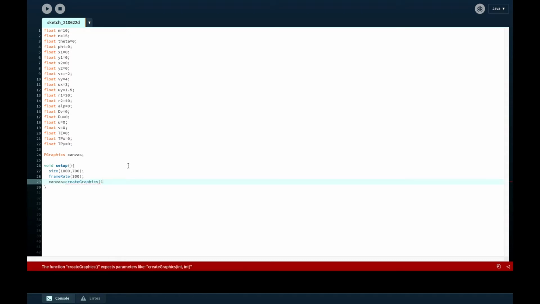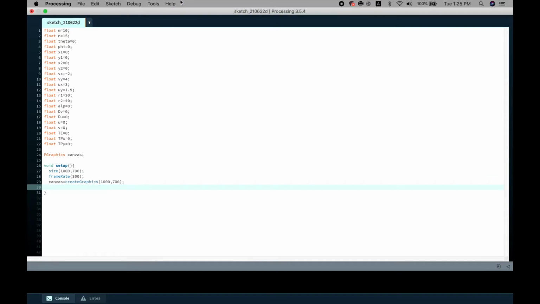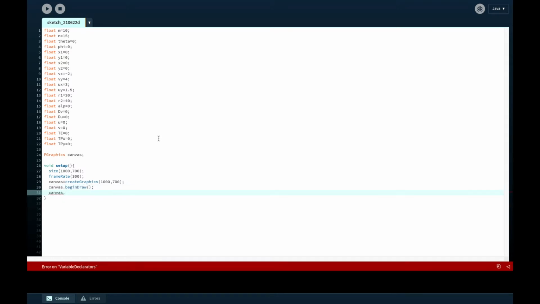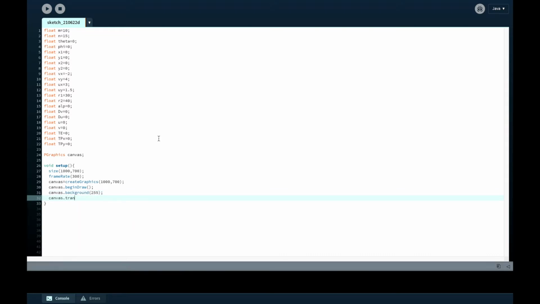If you're used to using Processing, this part is the default, you just do the same thing over and over again for every simulation you make. So this part is not that important. Just set the background as white and you translate to the center. So that's 1,000 and 700, so we have 500 and 350 to go to the center. We also have